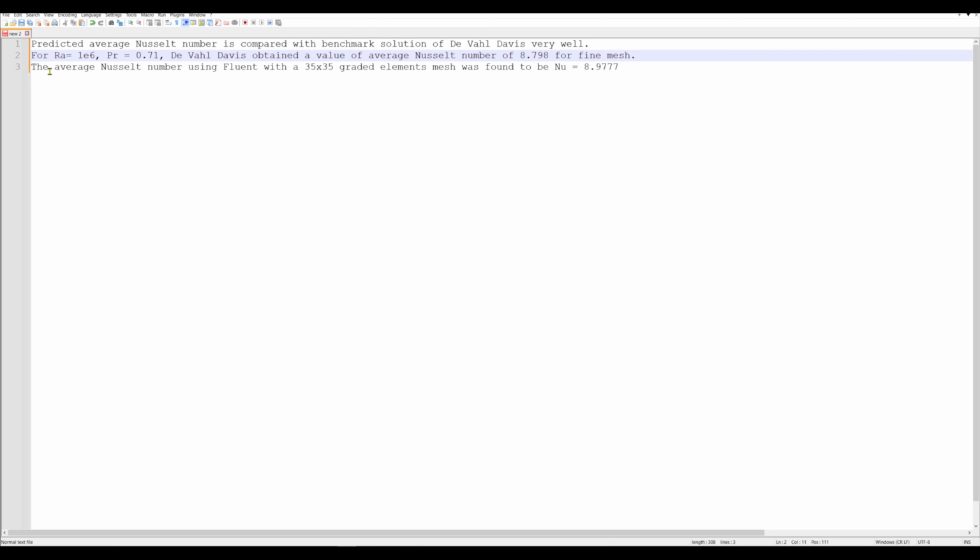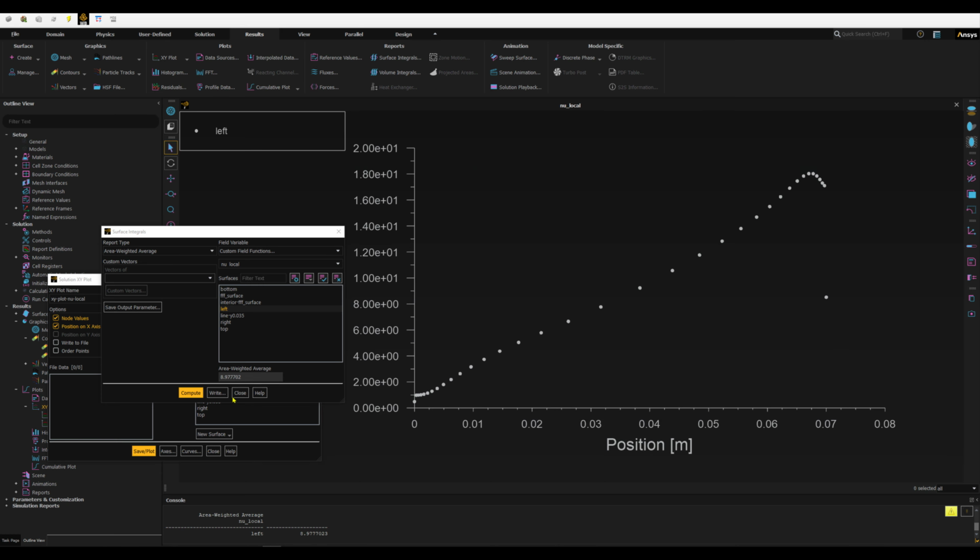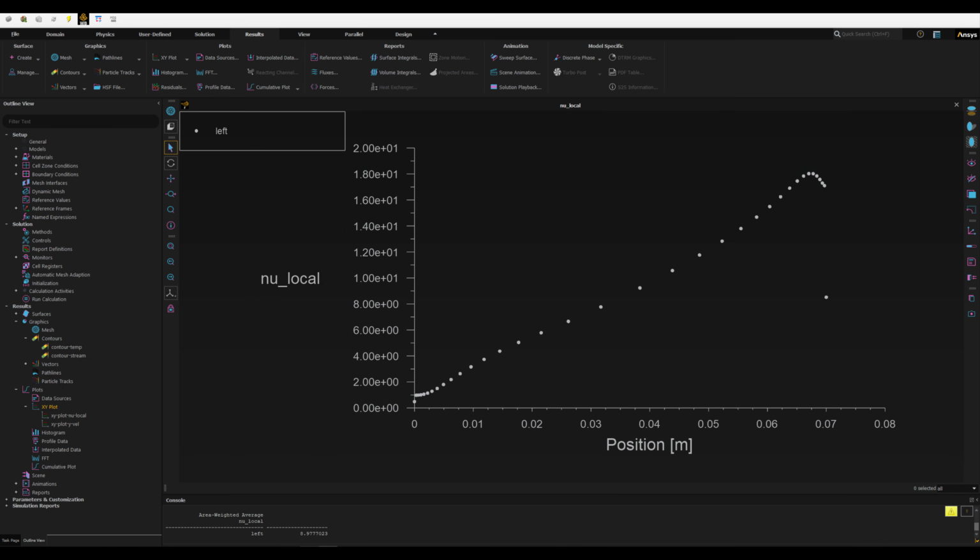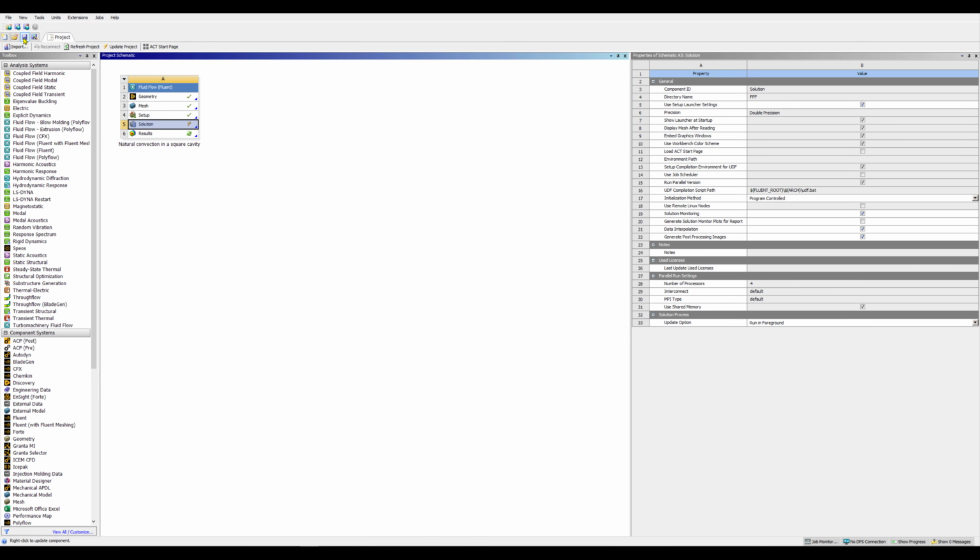But for this tutorial, with this coarse mesh of 35 multiplied by 35 number of mesh, we found this number as 8.9777. So you can change this mesh number and generate the new mesh and compare with the results for the finer mesh actually. So now I can close this window and then save again the project,